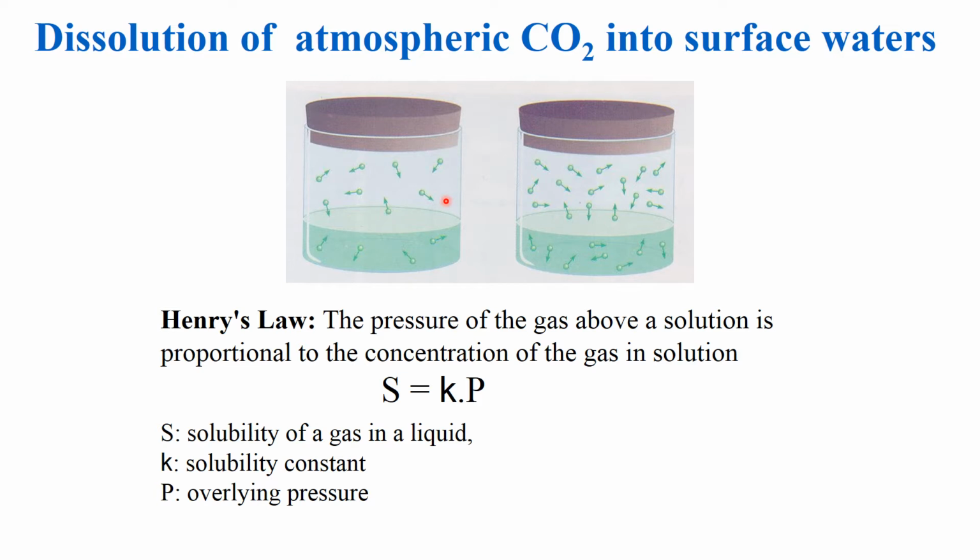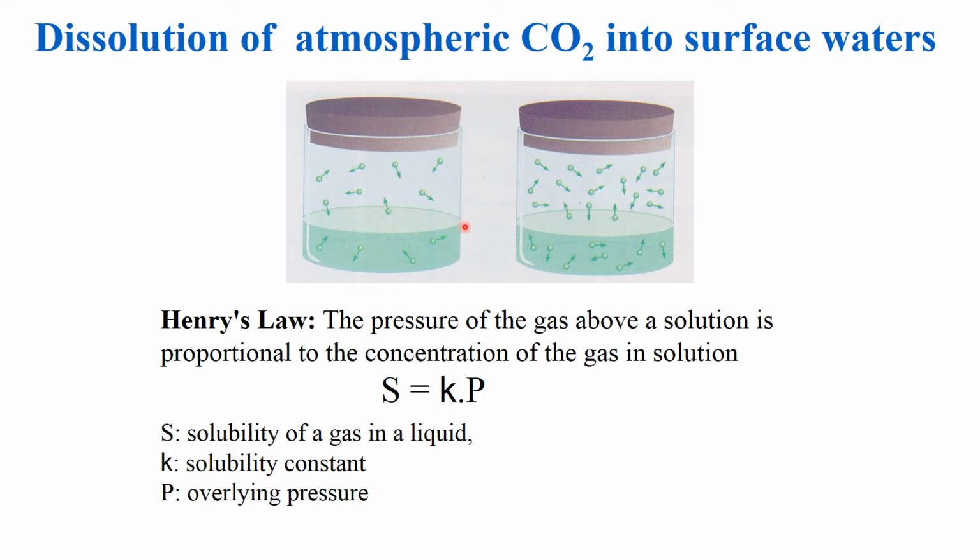pressure of the gas above the liquid if only one of the gases we're interested in was in the atmosphere. So for instance, if we were interested in the mixing of oxygen between the atmosphere and dissolved oxygen in the water, the partial pressure of oxygen in the overlying atmosphere wouldn't be 1 atmosphere of pressure, because the atmosphere is not just all oxygen. It would be about 22% of